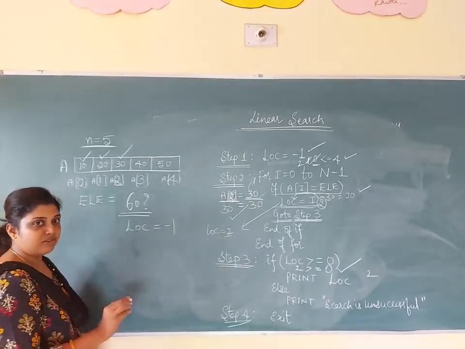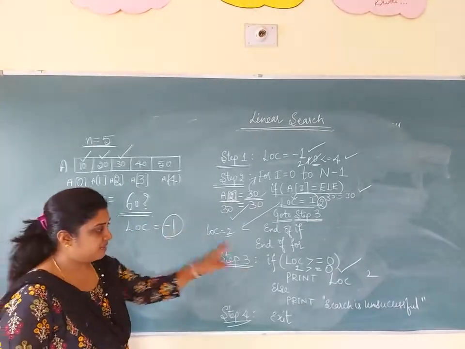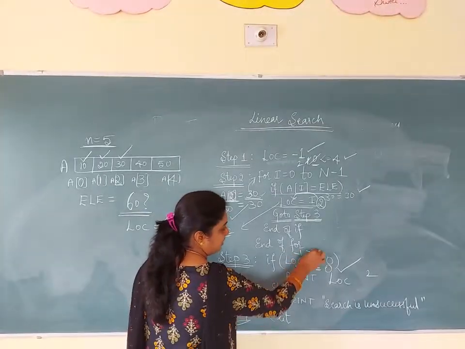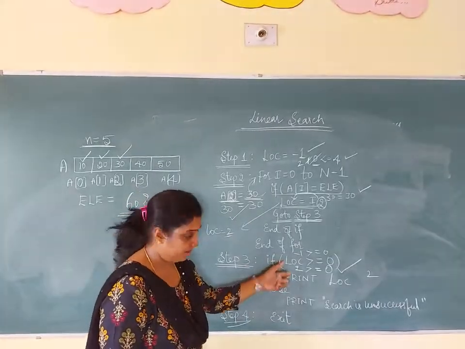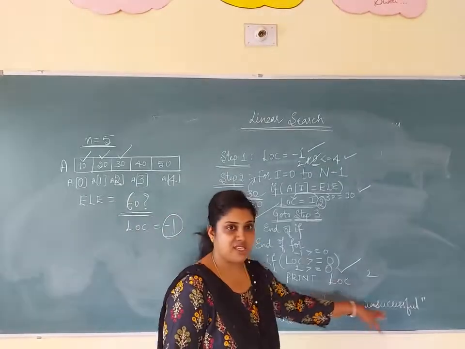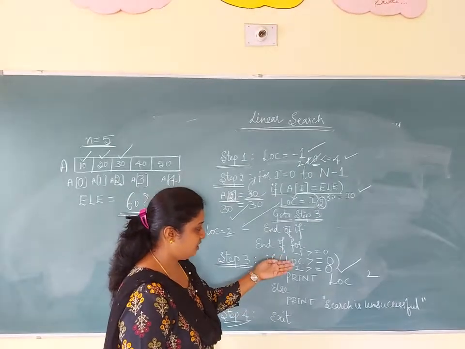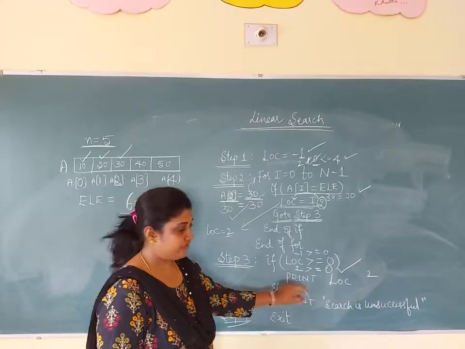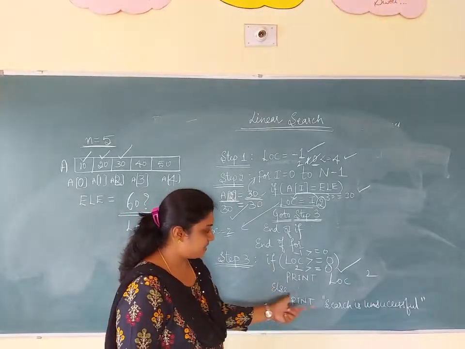Whenever the element is not found, the location will be -1. So at that time it will come here. What is my location? -1. Is -1 greater than or equal to 0? No, -1 is not greater than 0. At that time what will happen? It will come to the else part and print: Search is unsuccessful. See here, whenever the condition is satisfied, it executes the first statement. Whenever the condition becomes false, it will go to the else part and print